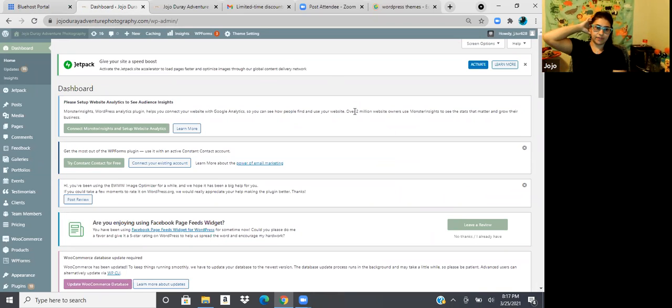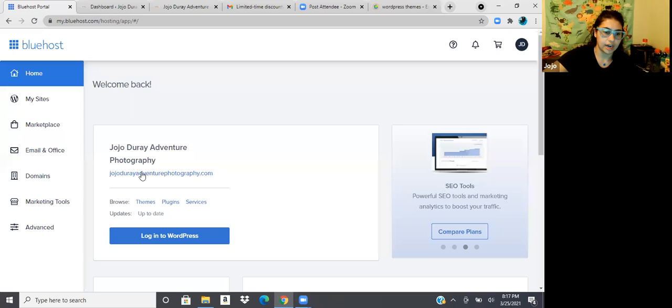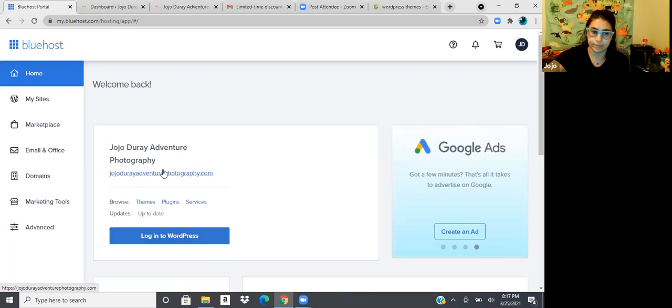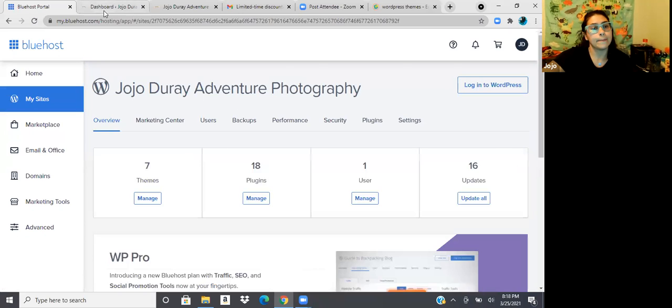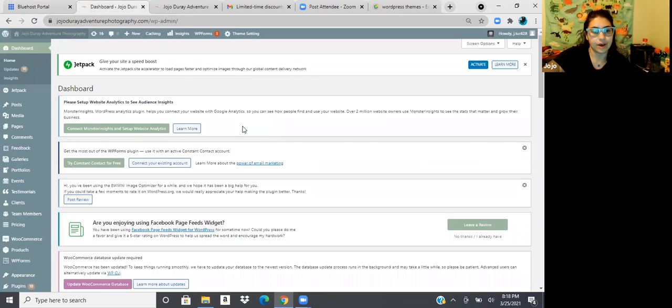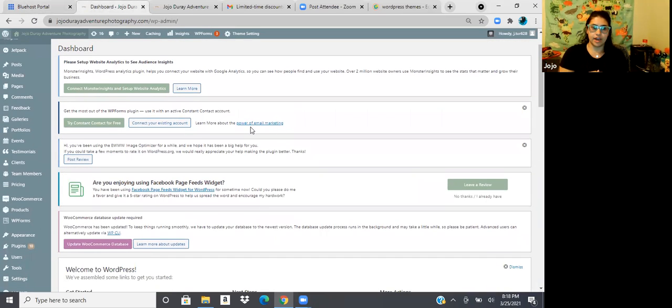This is the one for my photography site, and it'll walk you through all the steps of setting up WordPress. So log into WordPress, and it connects that way. A lot of these go through WordPress because it's very easy to use. Once you do that, you'll come over here. You'll be in your back office pretty much. It's where you add your blog posts, and where you do all of the modifications you want to do.